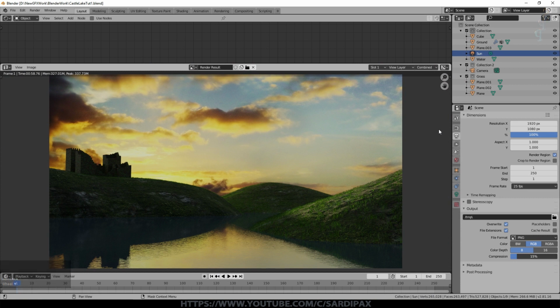So there's the first quick render. Quite like how it's looking. We probably need a bit of softness on the focus on some areas of it. I like the fact that light is catching here. Maybe we need to raise the sun up to actually catch a bit of light over here and a bit more here. And I like the light catching over there. So there's a lot of things I'm quite liking about the scene.